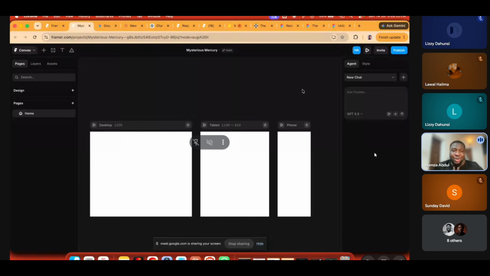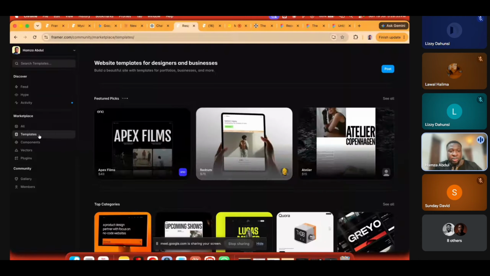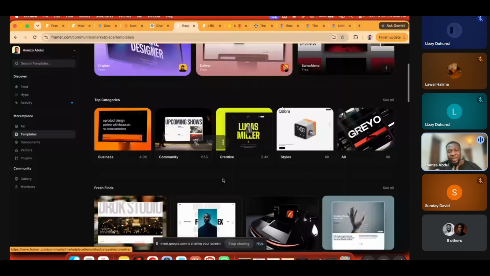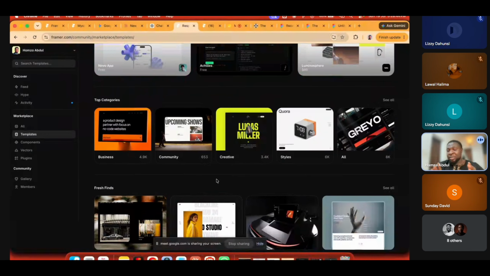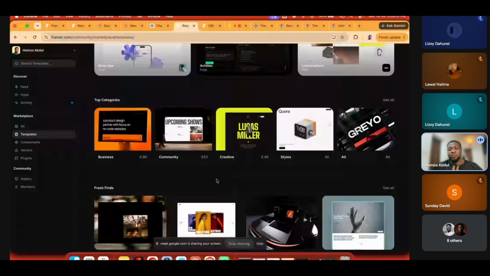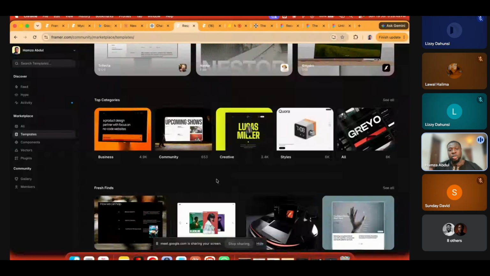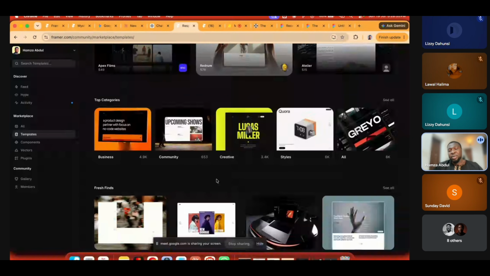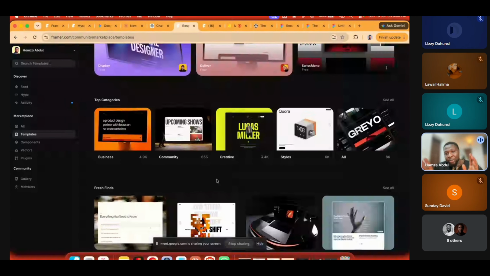Now the part that I'm saying you guys are unlucky, it's not like it's a negative thing. Before now, one of the big businesses in Framer was making templates, which we have over here. If you look at the left hand tab, you see templates. So now these are Framer templates, right? In the past, you could make Framer templates and sell them. I've personally worked for brands whose job is to create templates and sell. I have a couple of templates that I sell. I've sold a lot of templates on this template marketplace, so I know what I'm talking about. So you can come and sell templates and make money.